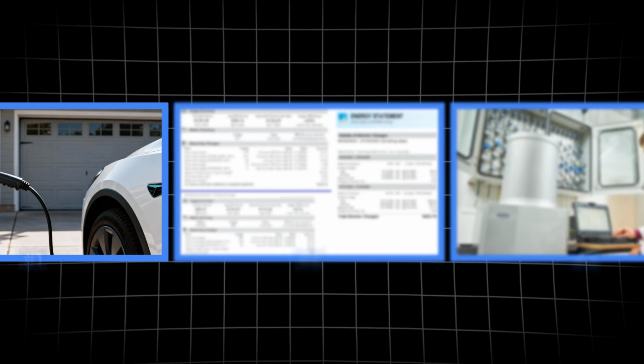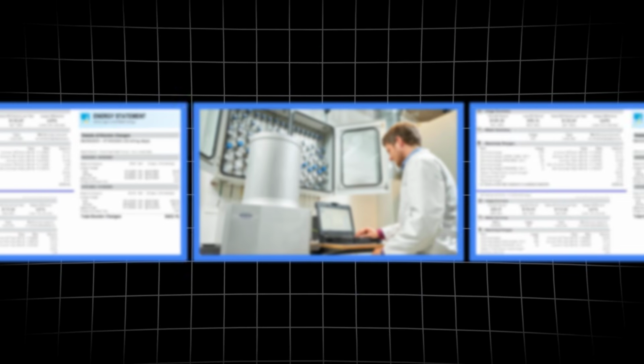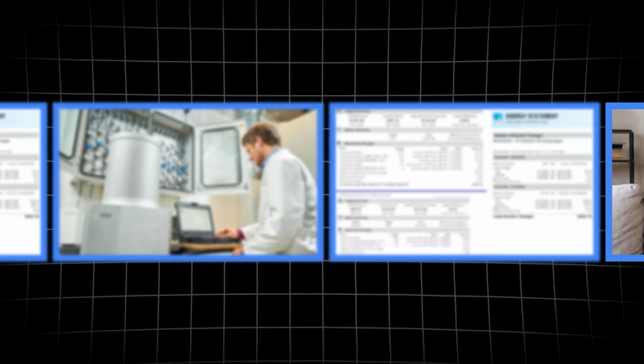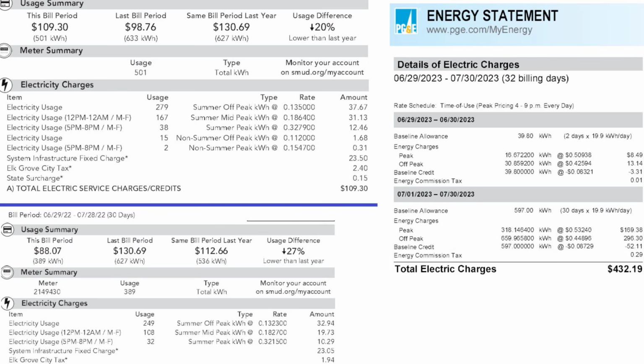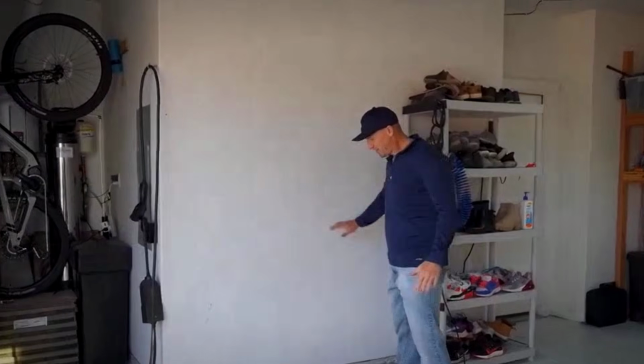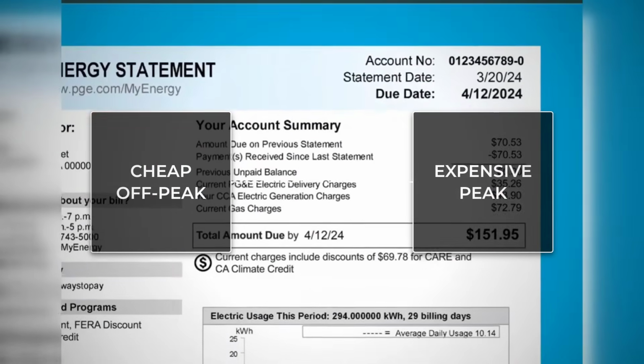In this video, we're going to break down what it is, how it turns your utility company's pricing structure against them, what it really saves once you count the losses nobody mentions, and how long it takes to pay for itself. Now, before we get into the mechanics, we need to talk about the pricing that makes all of this